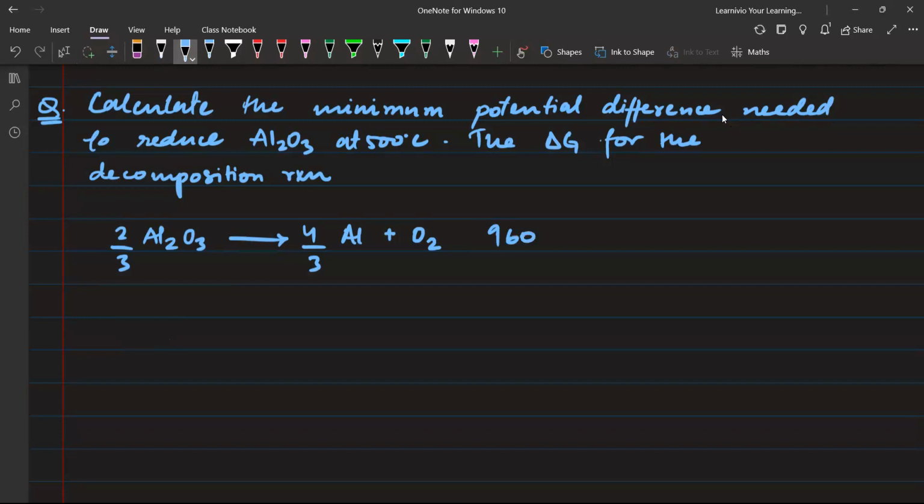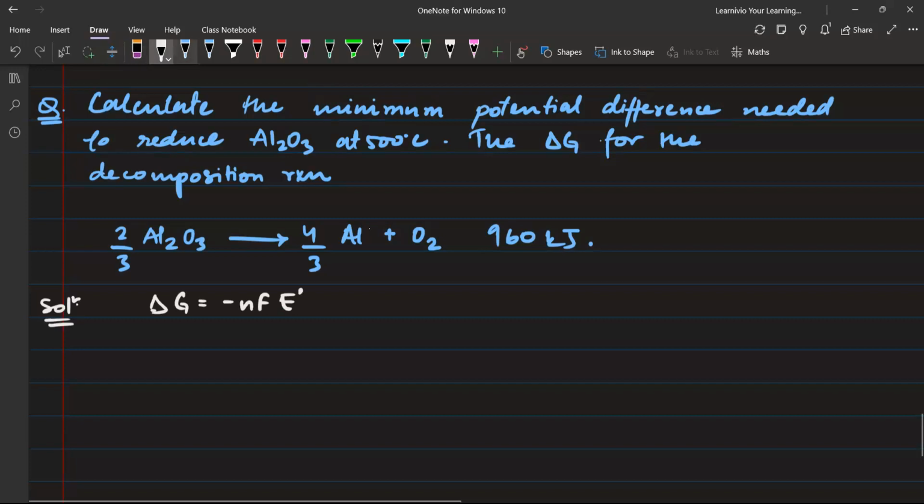The minimum potential difference, you have to calculate the E naught. So the delta G, now we will see, E naught cell or E naught will be negative. Delta G is equal to minus NF E naught cell, and we cannot use E naught cell because they're not asking for the standard condition, E cell. So E cell will be equal to